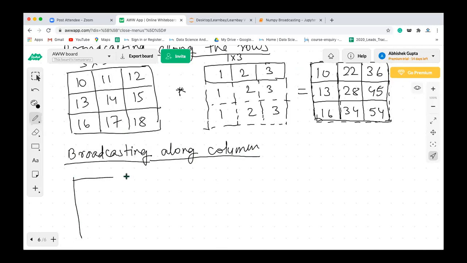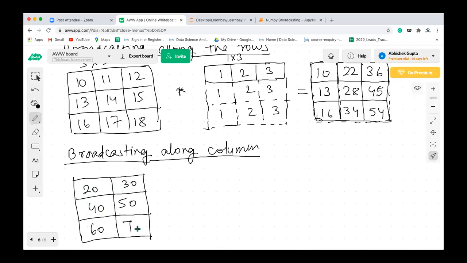You can take any shape of array. So I'm taking 3 rows and 2 columns: 20, 30, 40, 50, 60, and 70.